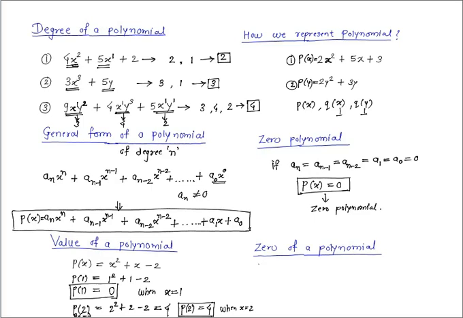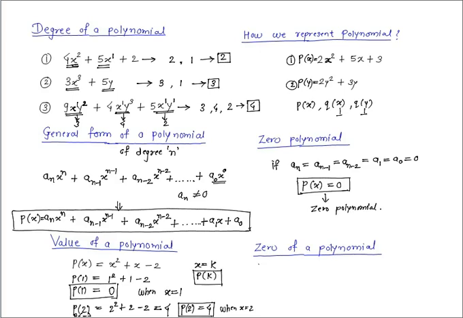So how can we define the value of the polynomial? The answer which we get by substituting some value in the variable of a polynomial is called the value of the polynomial. So if I want to generalize this, how can I do it? x is any, k is any real number, and if we substitute k for x, P of k will be the value of the polynomial.